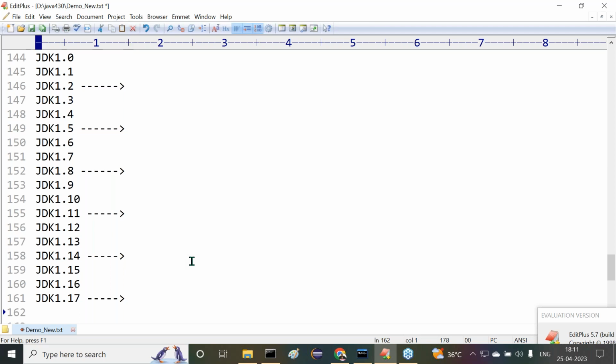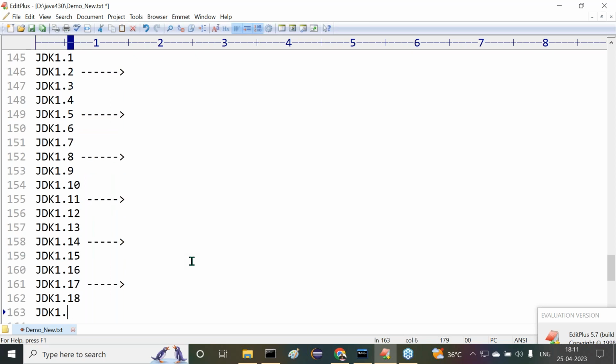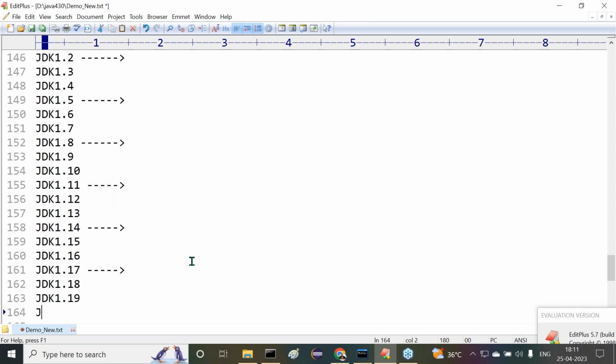But of course, as of now, JDK 1.18 exists and JDK 1.19 is available, I think so. As per your say, JDK 1.20 might be there. Then we are saying that 20 also exists, right? So it is available. But I didn't check it. I don't know whether the 20th version is a long-term support version or not. But up to 17th, I followed. The remaining, of course, I'm going to take all these concepts here. But the point is, I didn't check whether the 20th version is a long-term version or not.